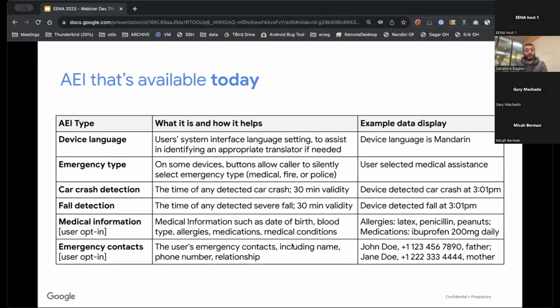Number 3, the last one is emergency contacts. Again, we share not only the name and the phone number, but we also share the relationships. So it could be father, mother, sister, etc. All that information is available right now, and we really want to enable it for our existing partners, for whoever has ELS Live, and we want to enable it also for any new integration that we're working